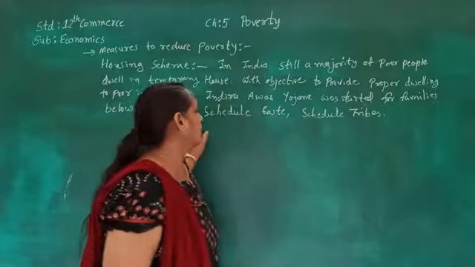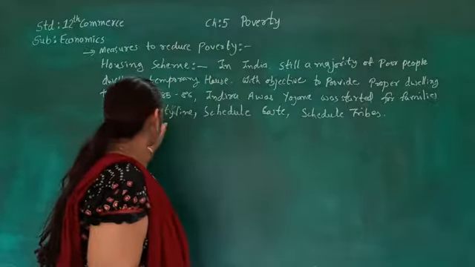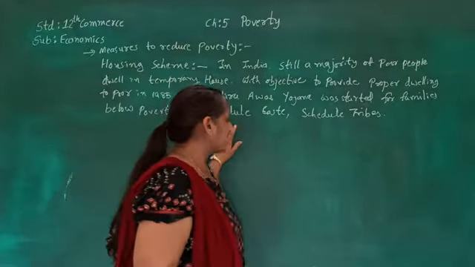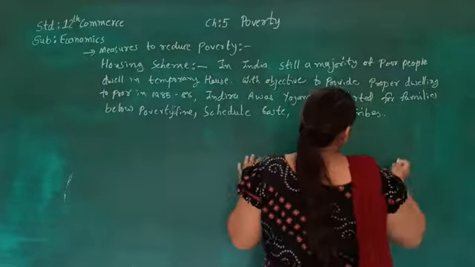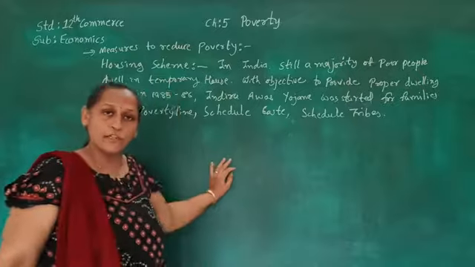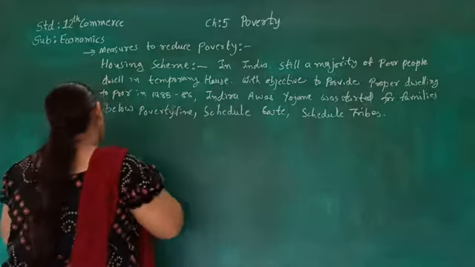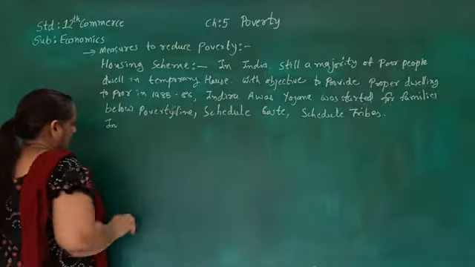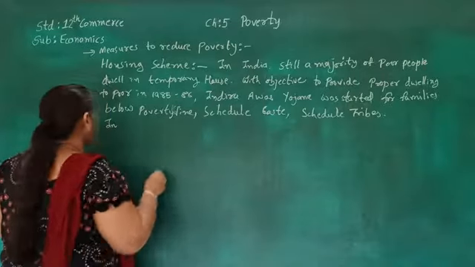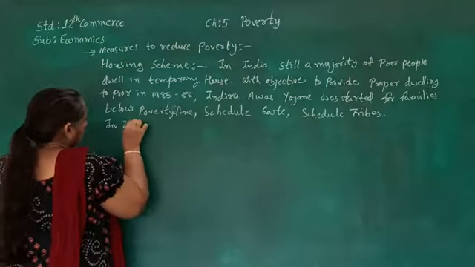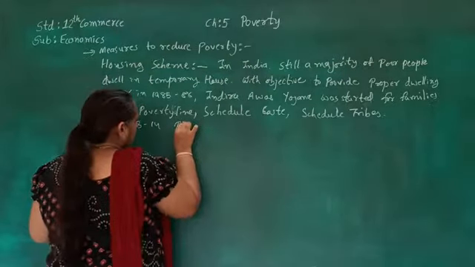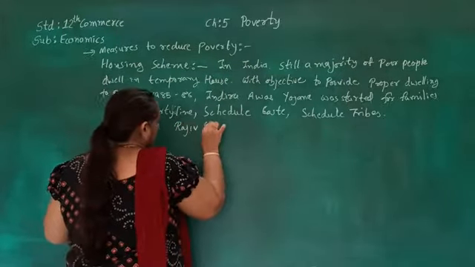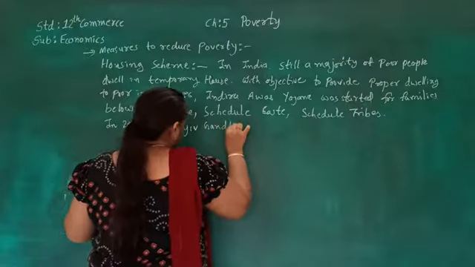So here the Yojana was started for people below poverty line, scheduled caste as well as scheduled tribe. And in 2013-14 another Yojana was started called Rajiv Gandhi Yojana. In 2013-14 Rajiv Gandhi Yojana